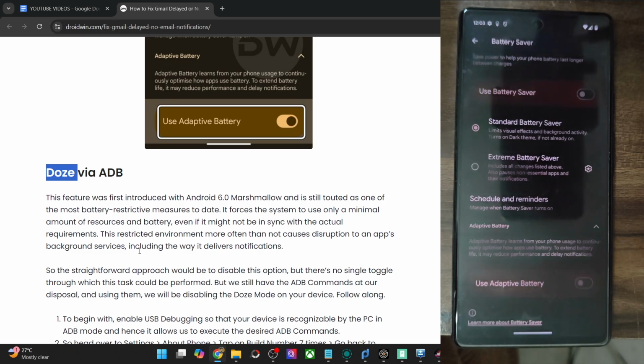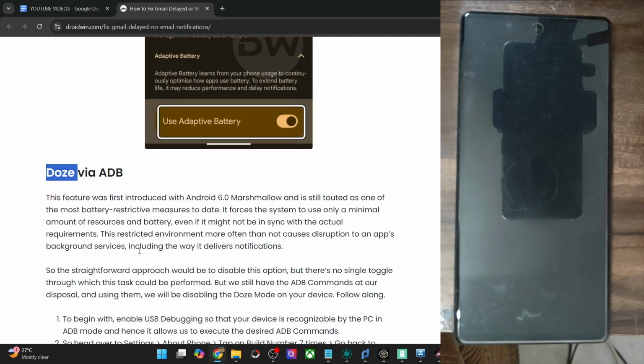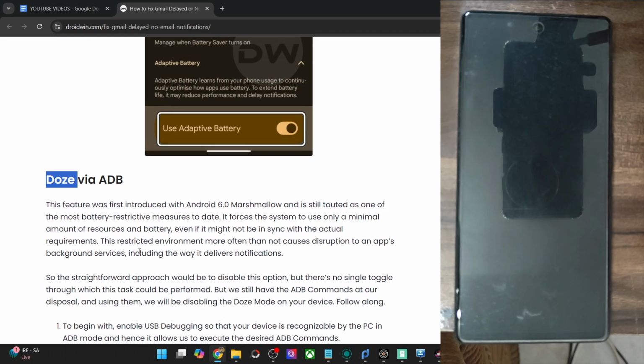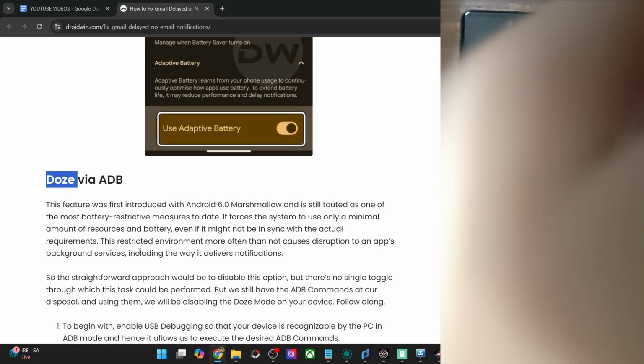For example, many background app processes might not work, notifications might face delay or might not even appear, and some of the background processes might not function along the expected line. So your best course of action is to turn off the Doze feature, but for that there is no option in the OS. You will have to take the help of ADB command.